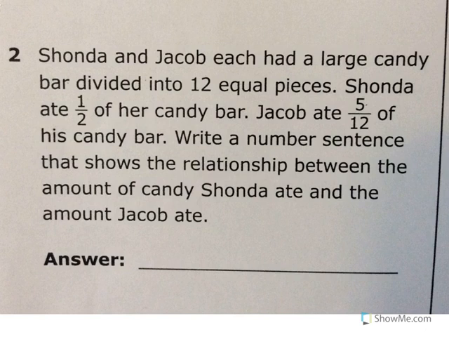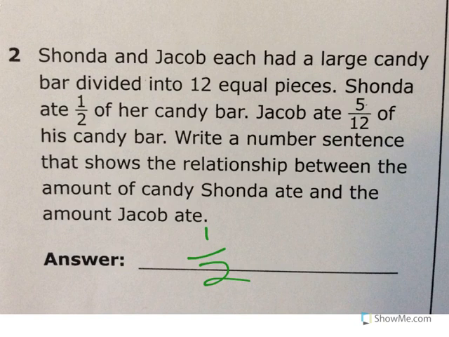Question number 2. Shonda and Jacob each had a large candy bar divided into 12 equal pieces. Shonda ate 1/2 of her candy bar. Jacob ate 5/12 of his candy bar. Write a number sentence that shows the relationship between the amount of candy Shonda ate and the amount that Jacob ate. So, Shonda, she ate